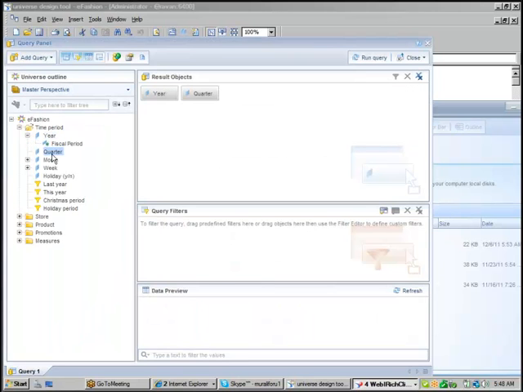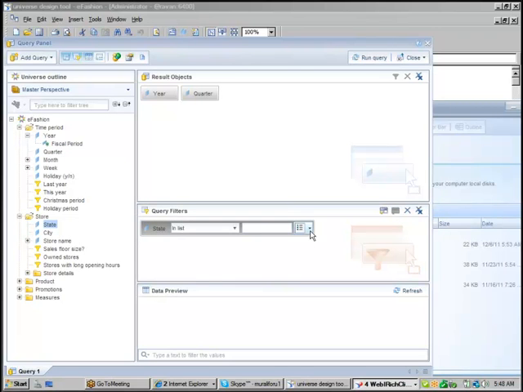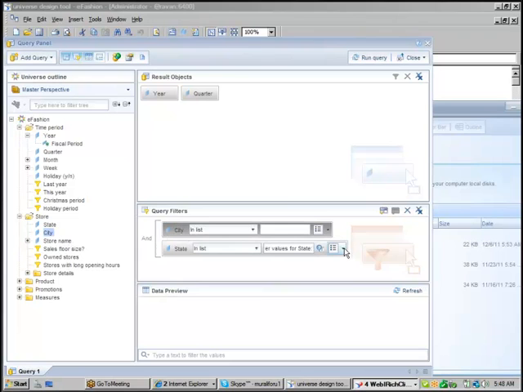Now let's take a few objects into the select class. Make a prompt on state. I'm just trying to make a prompt on state. City, prompt on city.